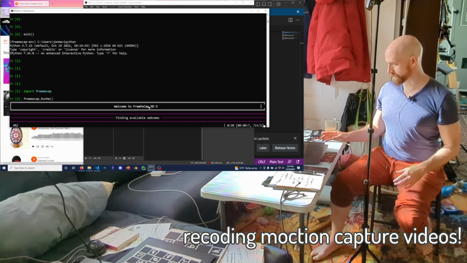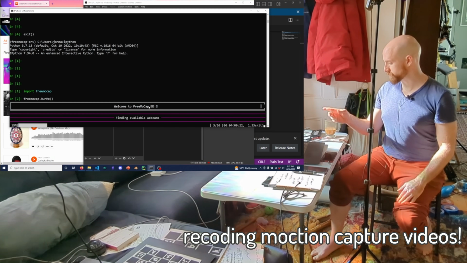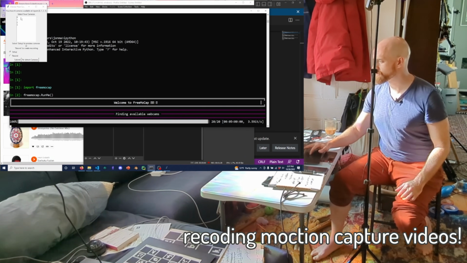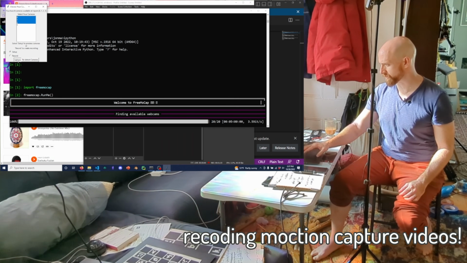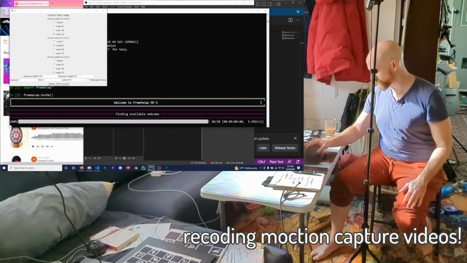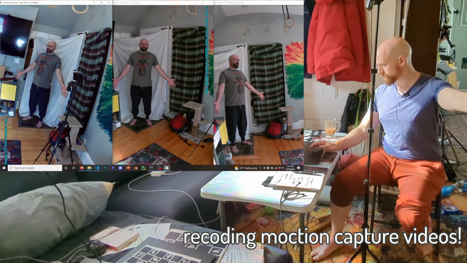So, we're going to use the calibration from last time, and we're going to use the Blender output from the GUI. So it's going to churn through again, find the cameras. We're going to do 0, 1, and 2. We're going to go back into setup, just make sure everything's pointed in the right direction. These should all be the same parameters. Submit, start, and then we'll see hopefully Paul standing there, looking pretty good.